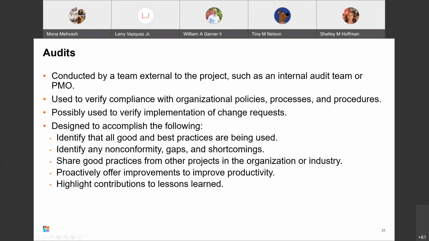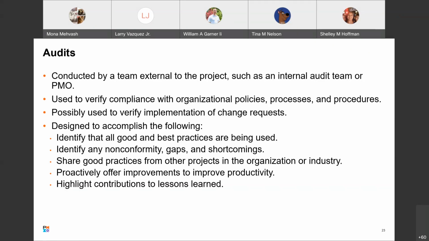Audits are used to verify compliance with organizational policies, processes, and procedures. Generally, they are conducted by a team external to the project, such as an internal audit team or PMO. Audits are generally used to do the following: identify that all good and best practices are being used, identify any non-conformity, gaps and shortcomings, share good practices from other projects and the organization or the industry, proactively offer improvements to improve productivity, and highlight contributions to lessons learned.